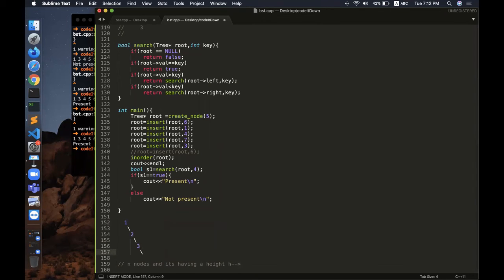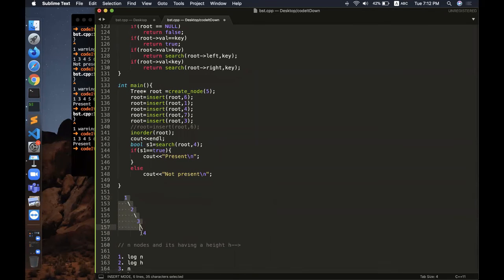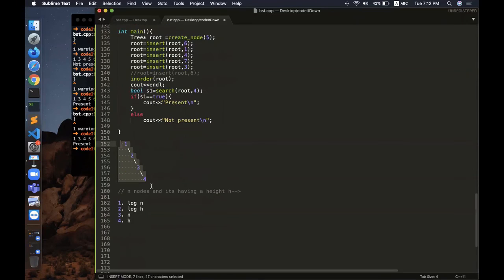As you can see, I can have values like this. In a left skewed or a right skewed binary search tree, the worst case can go up to O of the height of the binary tree.